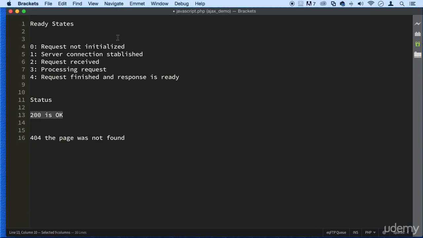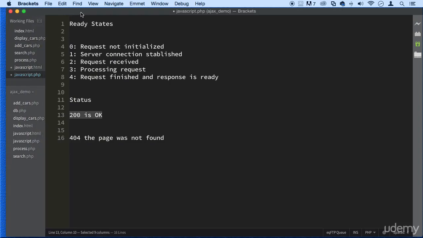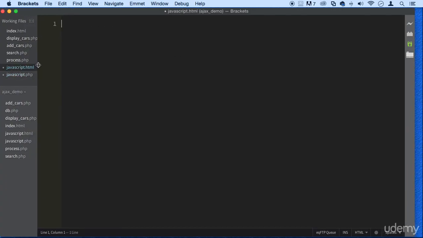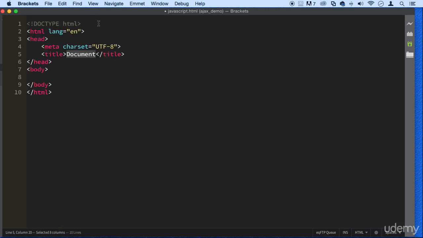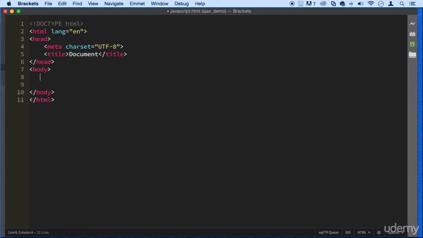All right, so I made a file. I want you to create a file called javascript.php and another one called javascript.html. Let's go to javascript.html and create some boilerplate, or some HTML skeleton, if you want to call it that. Here I'm going to try to do everything in this lecture, so it might be a little longer than the rest. In order for us to initialize AJAX, we need to